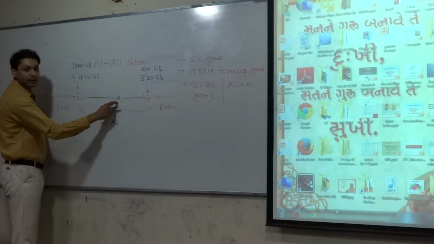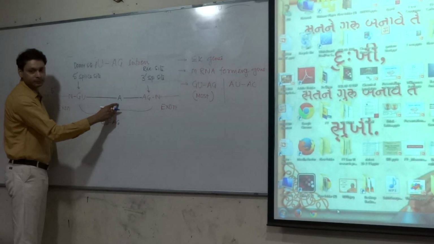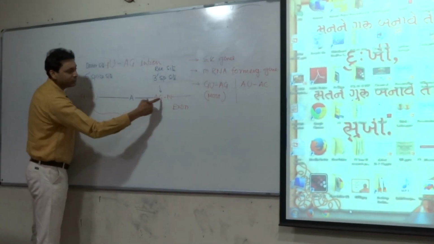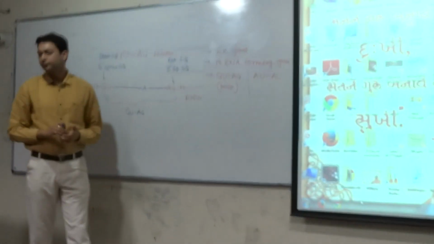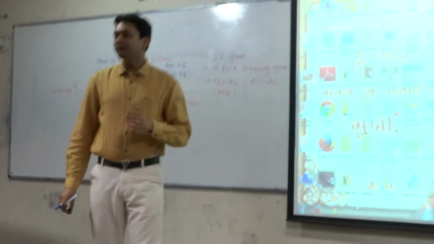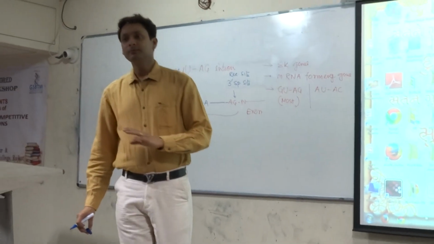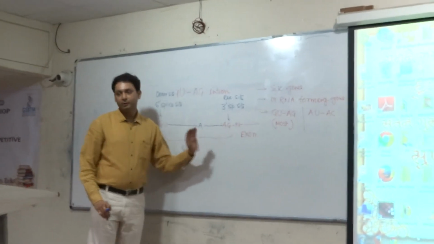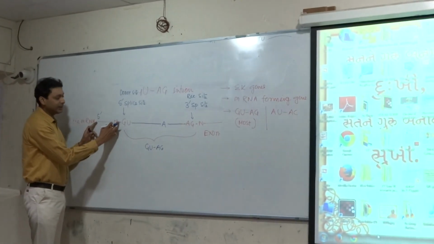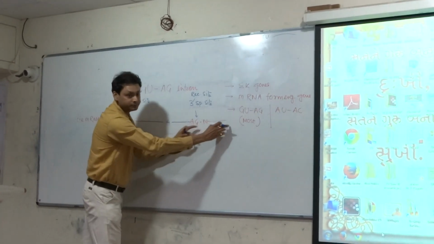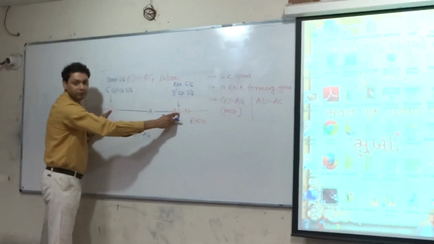So there is an adenine-containing nucleotide at this particular point, and it is near the 3' splice site. This is the structure of the GU-AG intron. In the case of the pre-messenger RNA, if you are showing a GU-AG intron, this is the structure of the GU-AG intron. This part is exon, this part is exon. Here there is the GU-AG intron.